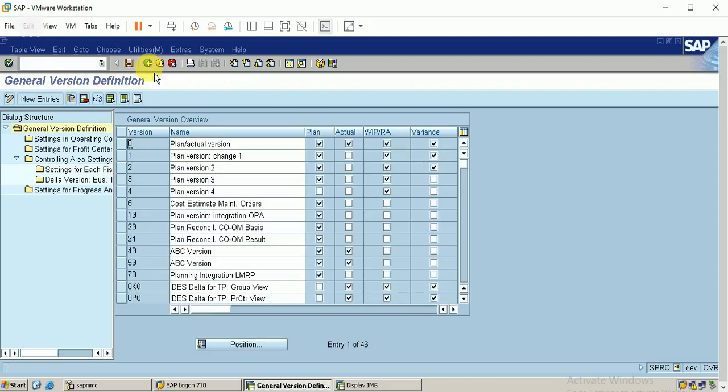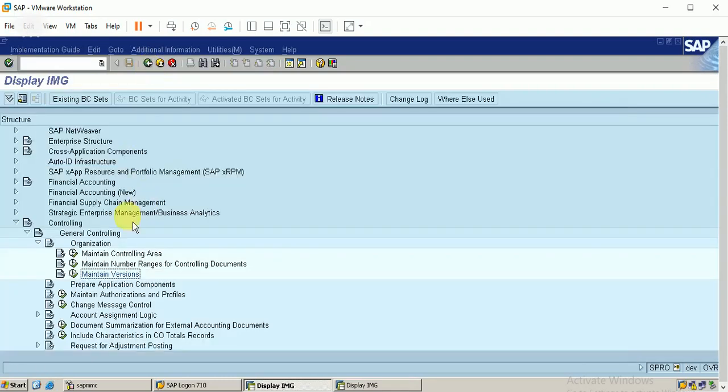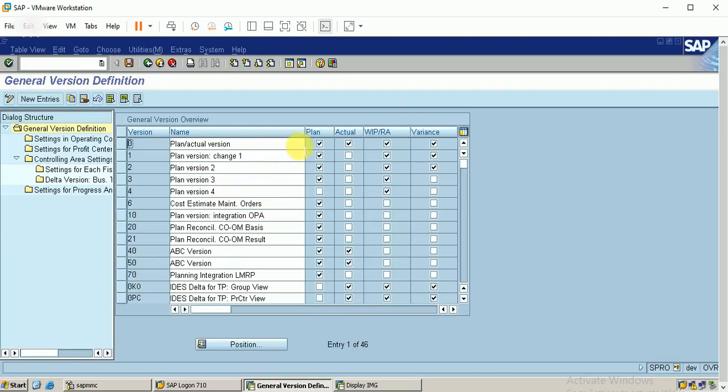The settings are over. So the meaning of this is, this version will have planning, actual, and work in progress, and will also display the variance. So this is the report format. My report format for the controlling document will have all these parameters associated with it.